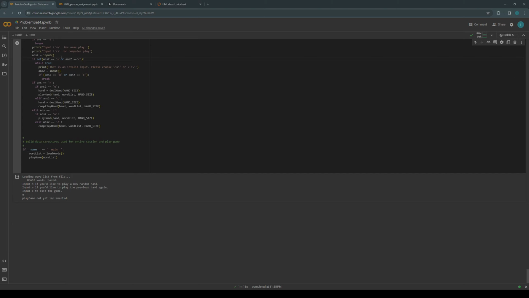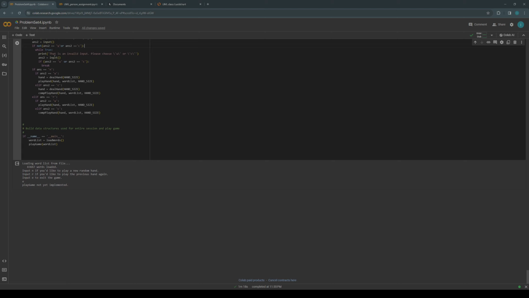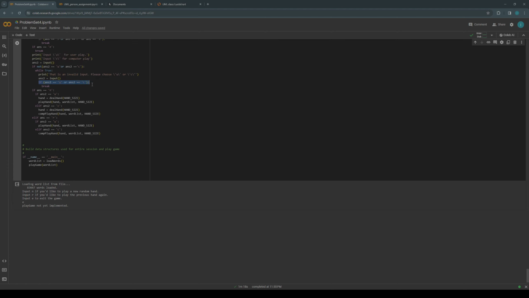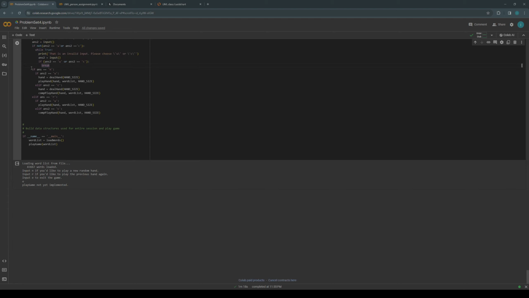And it's just taking in that input. If the answer is not U or C, we are going to want to tell them that it's an invalid input until they actually input a U or C. And then we check to see if it's a U or C right here. If it is, then we're going to break out of this while statement right here and then start going through